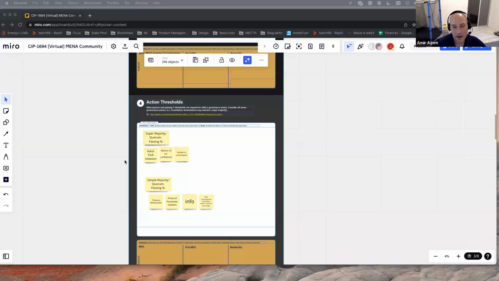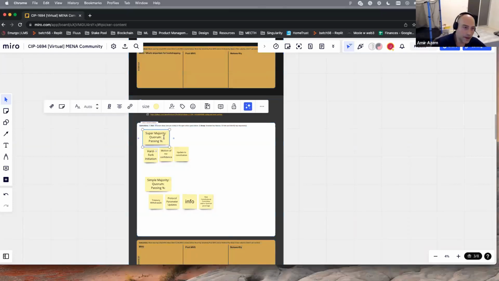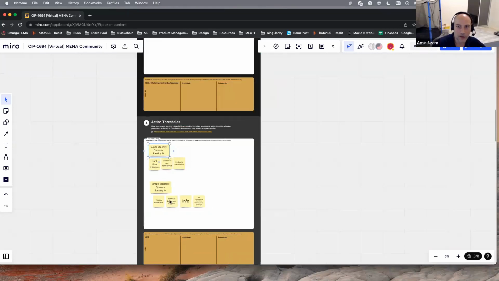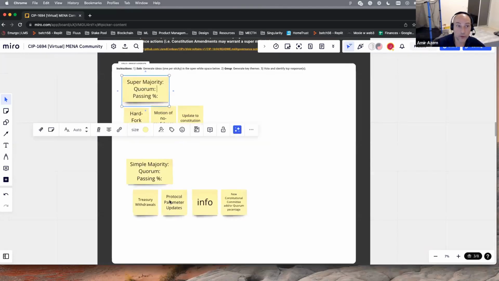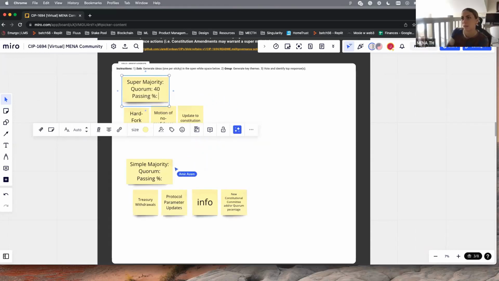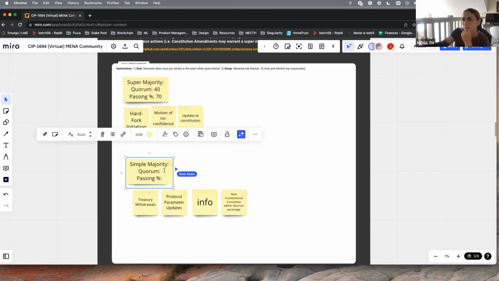So I would say for quorum, and I might be wrong, if you have 40%, that's a huge number. That's like a super majority. 40% showing up to vote. And then out of the 40%, that should be high. That should be like 70%, yeah, you can go any number. But then for a simple majority, I'd say a quorum could be less than 1%.